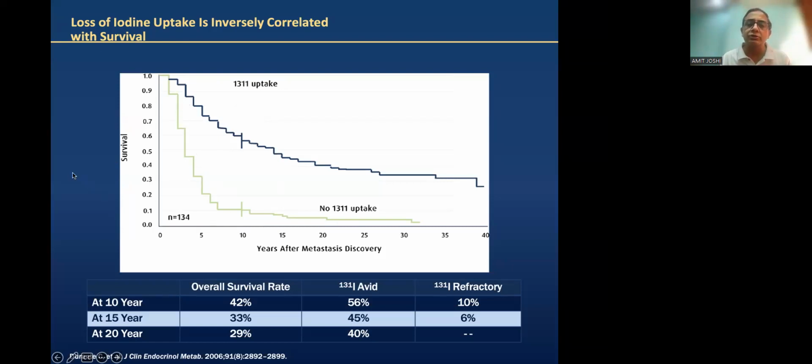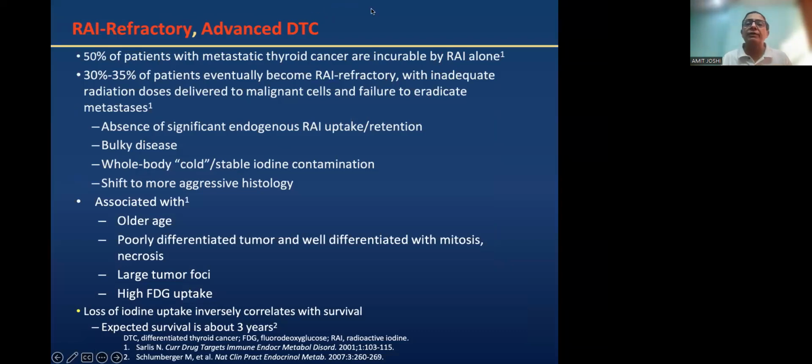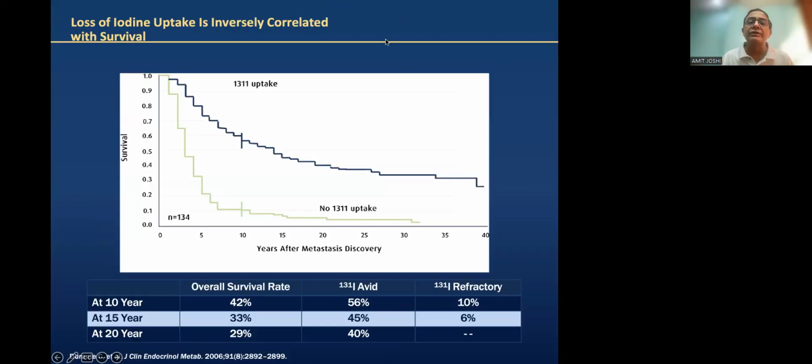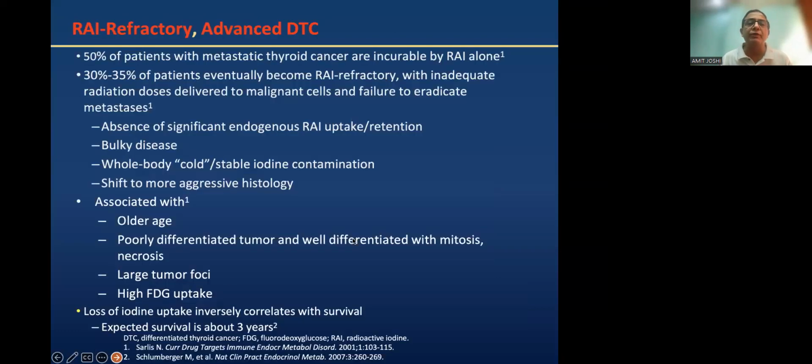So what it shows is that as patients become radioiodine resistant, they need newer therapies, further therapies, to improve their survival. Now coming to our main topic, radioiodine refractory advanced disease. As I told you, the management will be divided into three groups: differentiated thyroid cancer, anaplastic, and medullary. The most common and most relevant in day-to-day practice is the management of radioiodine refractory differentiated